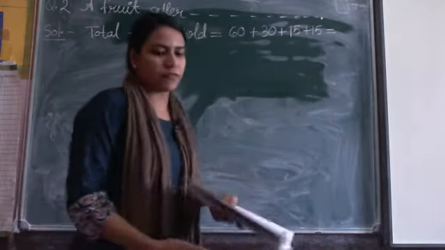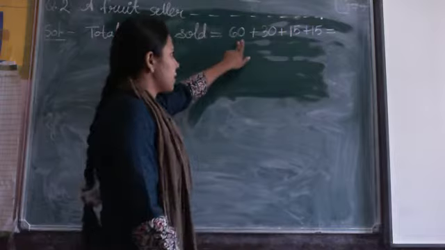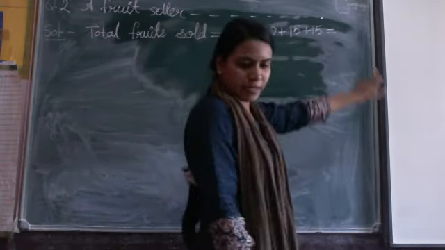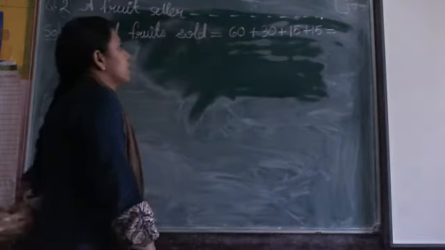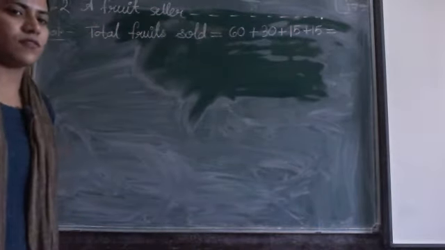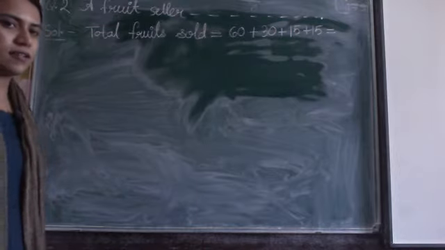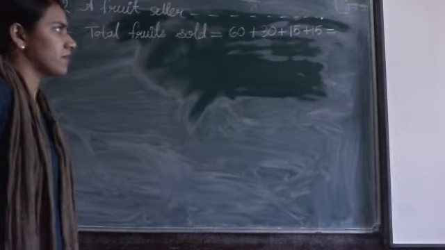So how many total fruits? 60 bananas, 30 mangoes, 15 papayas and 15 oranges. Add all these four numbers. 60 plus 30 is 90, 90 plus 15 is,